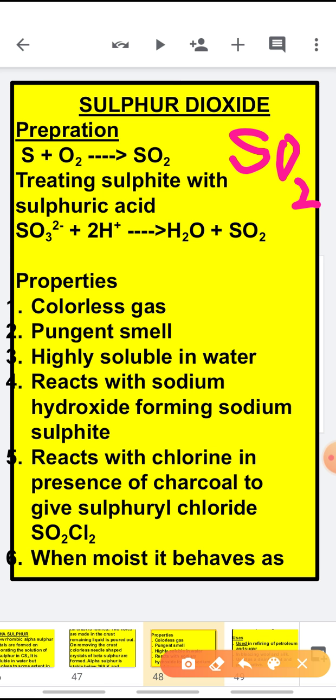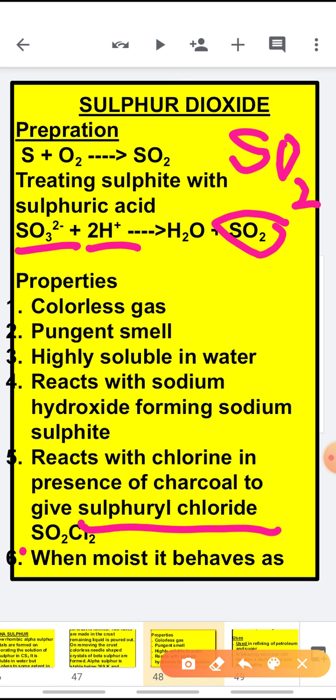Now in the laboratory, it can be prepared from sulfide ore with dilute sulfuric acid. When any sulfide ore is heated with dilute sulfuric acid, it results in the formation of sulfur dioxide gas. Now children, coming to the properties, you have to remember it is a colorless gas but has got a pungent smell and is highly soluble in water. It reacts with sodium hydroxide forming sodium sulfide. It reacts with chlorine in presence of charcoal and gives sulfuryl chloride, that is